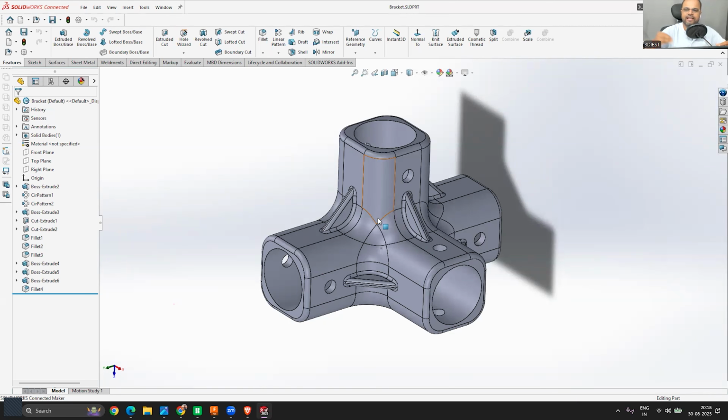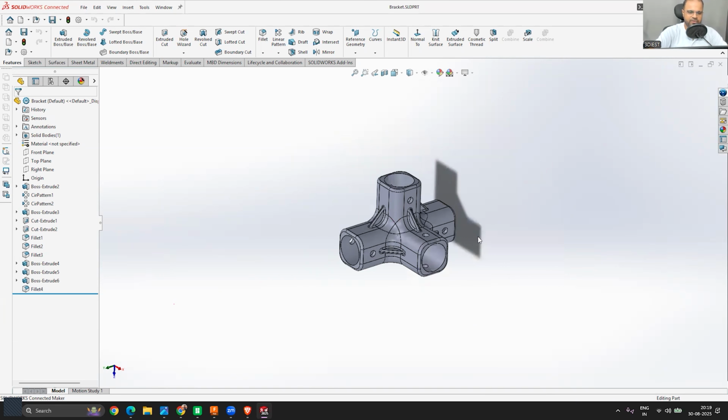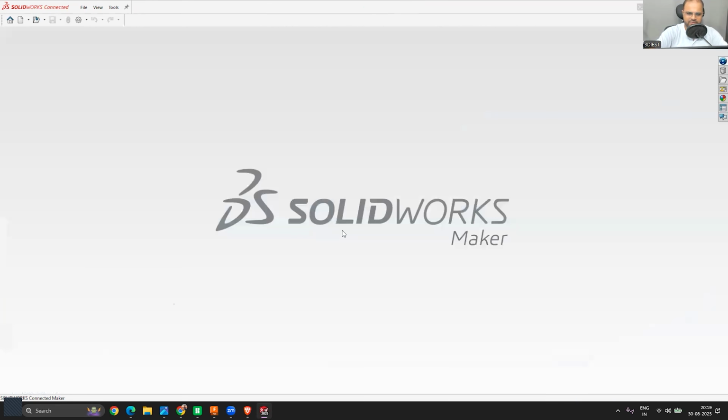So whenever someone shares a SolidWorks file for you to work on, you also have to ask what version of SolidWorks they used to create the file. Otherwise, it will not be compatible and will not be useful for you inside SolidWorks. So that is the thing. Now let's close all these ones. So that is what we have learned about the SolidWorks file formats.